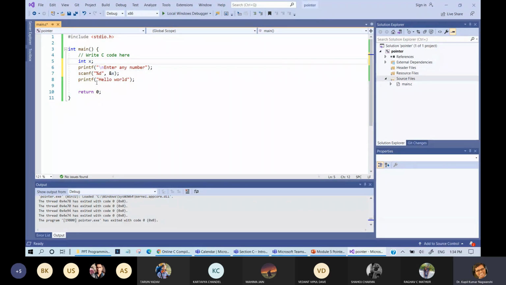Let us now see what will happen, and let us print this variable here: printf "x equals %d\n", x.